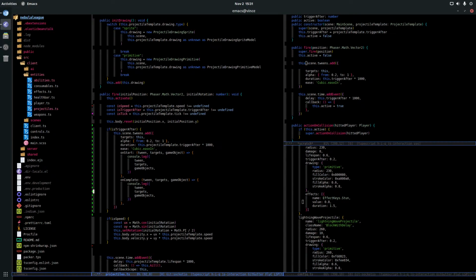I think for me, just the trigger after is kind of a stupid name. It should be called something else because it's not a trigger after. Yeah, maybe it is actually. Yeah, it is, but it will only work for objects that don't have speed right now. Otherwise, it will trigger it, but it will move, and then it will be active after it moves. You know, that kind of stupid.